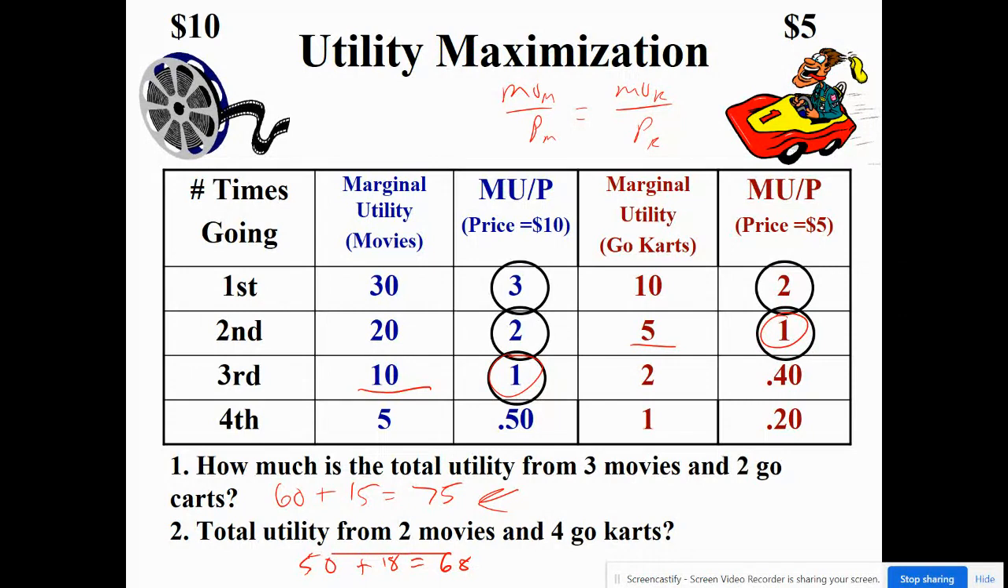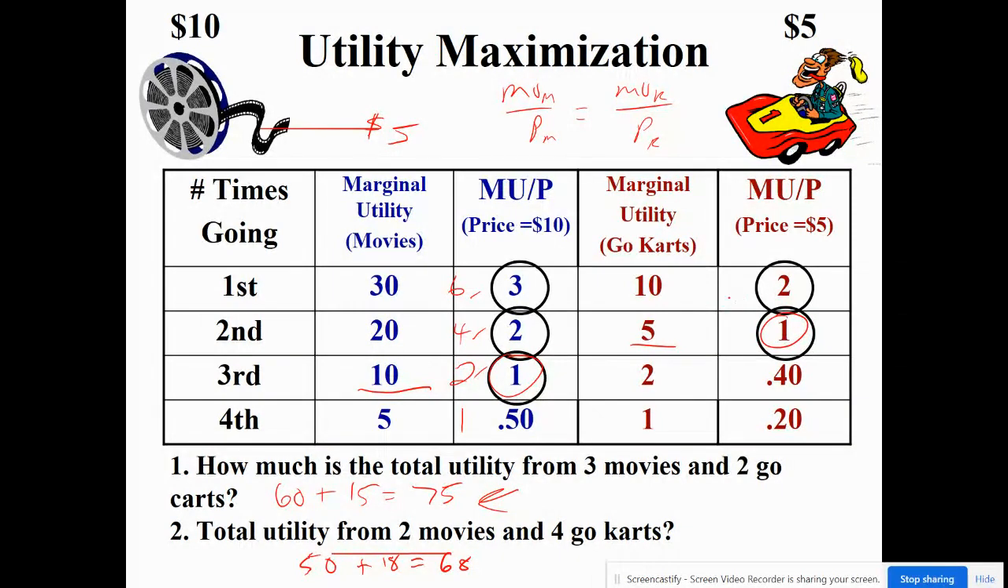We wouldn't do any go-karts at all, because if the movie price fell to $5, then our marginal utility per dollar would be 6 here, 4 here, 2 here, and then 1 here. I mean, we would do this for sure, this for sure, this for sure. That's $30. Then we would only have $30 left, so we still might do